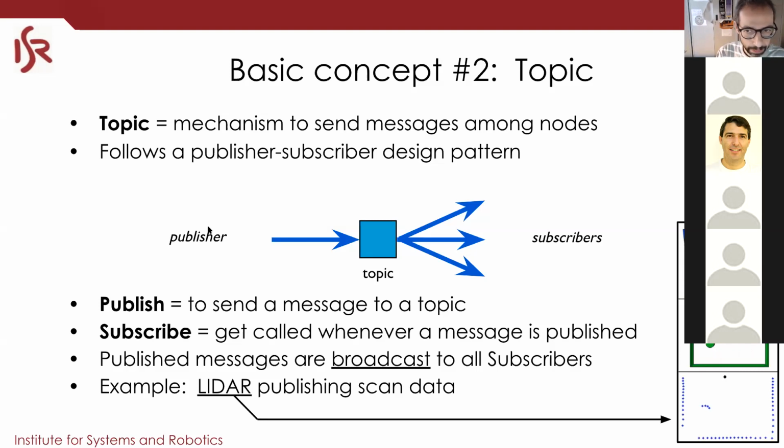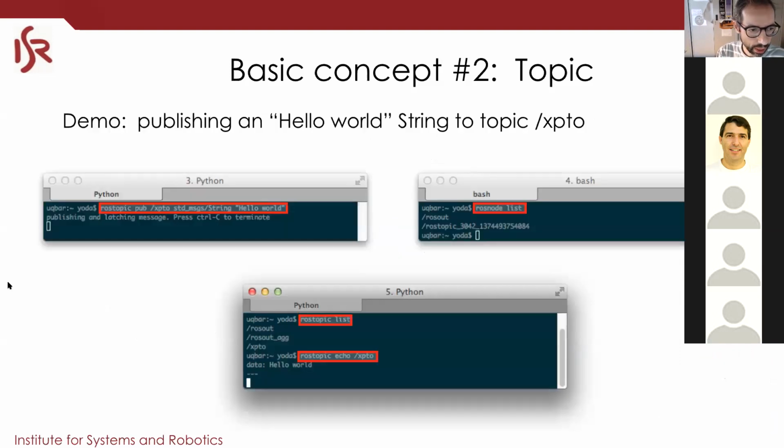Okay. And so how can you visualize it? I mean, the fastest way to visualize the topic is, you can use a command line to publish something to a topic. So this is a command line command called ros topic. More about that later. ros topic pub, the name of the topic, the type of the messages. So the messages are typed. You need to define the type of the messages. And then in this case, it's a string. Okay, you have ros node list, which lists the nodes that are there. Okay, and this is